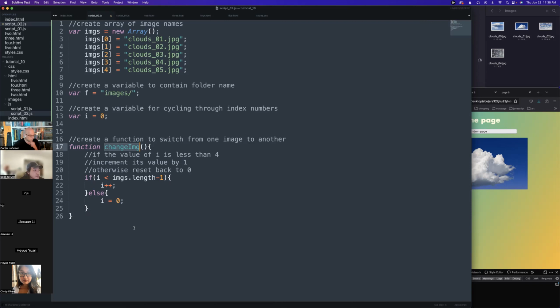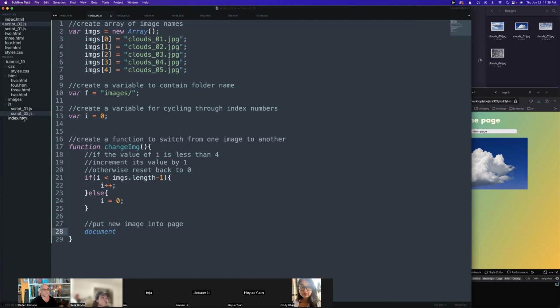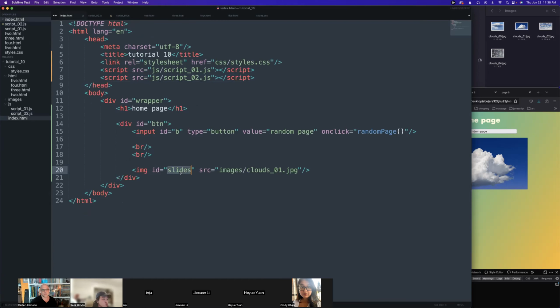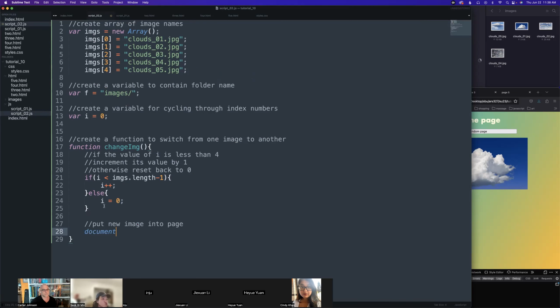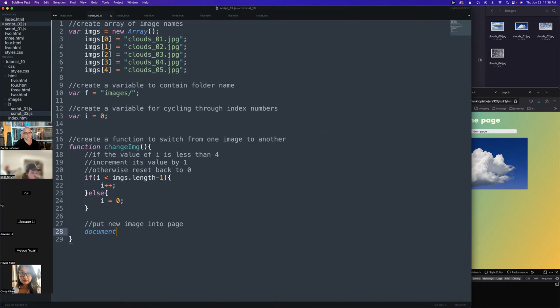Now, this is just changing the value of i. Now we have to put the image in the page. Put new image into page. Document, because remember we have that ID in the index. We have the slides ID here, right? document.getElementById slides